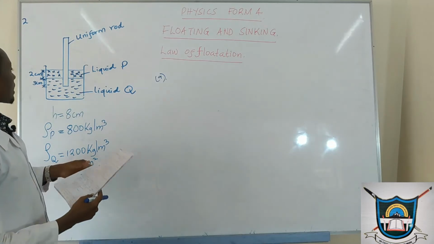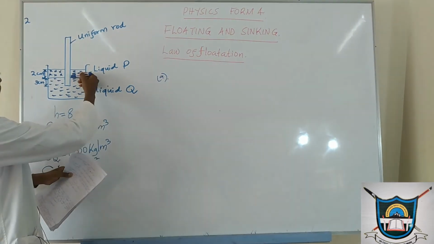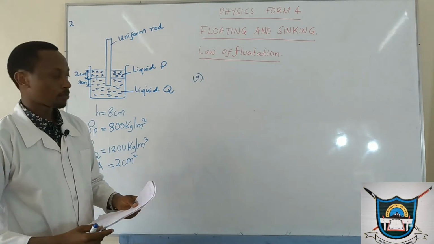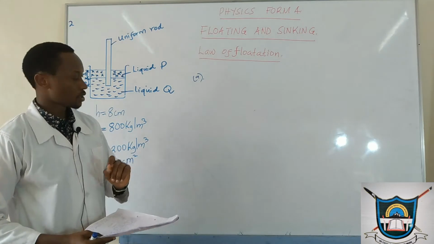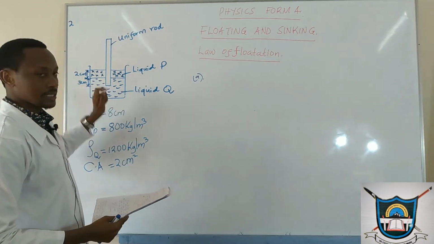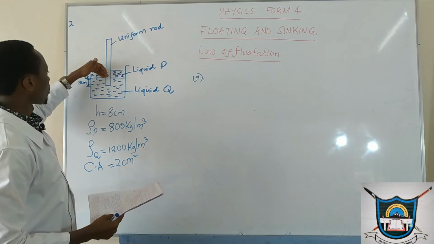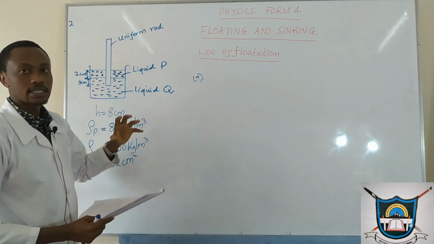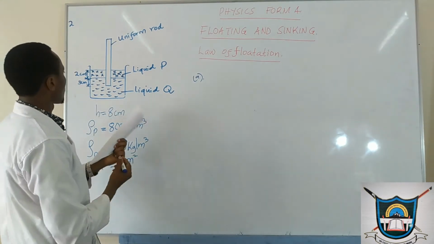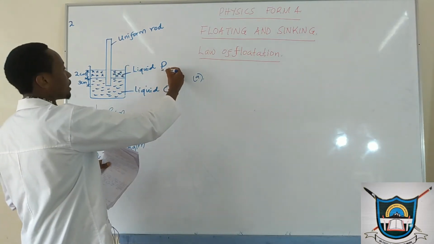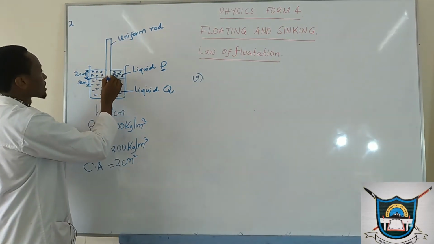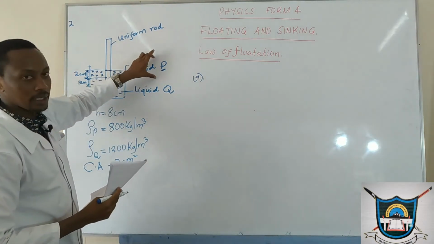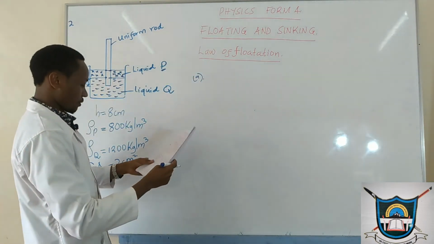Now, we want to determine the weight of this liquid P, that part which will be displaced when this rod is floating in water. We know from our previous discussion that the volume displaced is equal to the volume of the rod which is immersed in that liquid. So the volume of liquid P displaced will be equal to the volume of this rod which is in that liquid. So therefore, we can write that